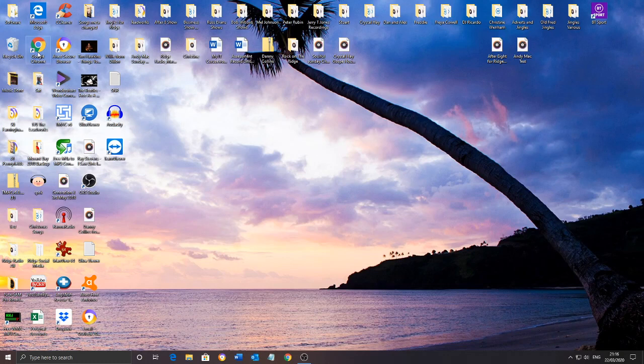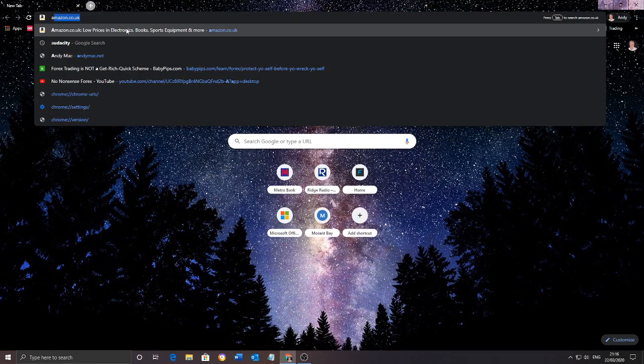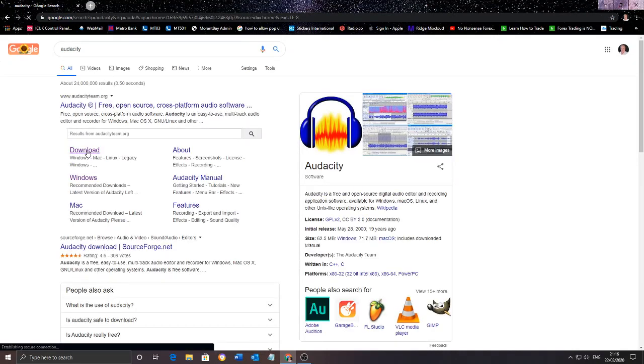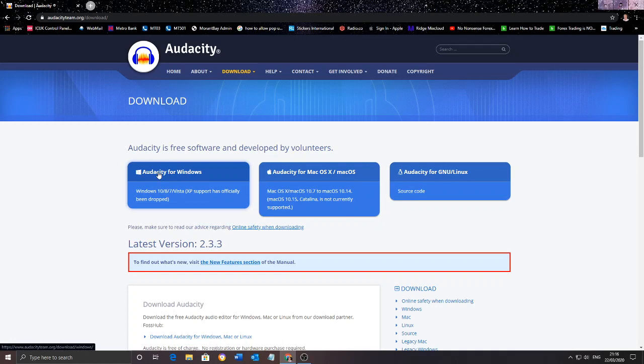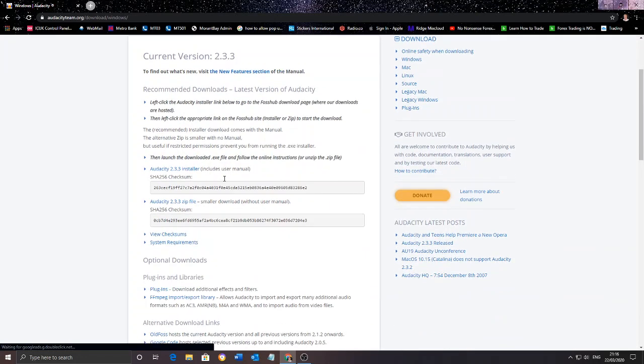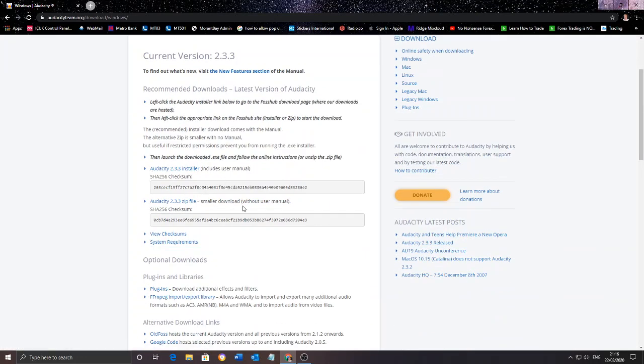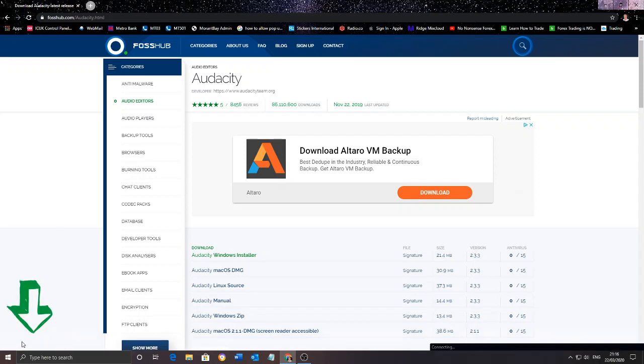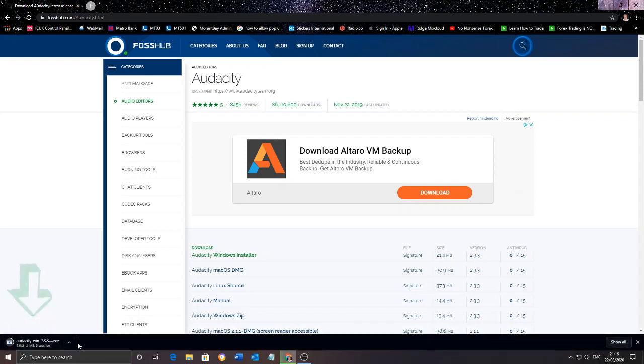If you don't have it, go ahead and open Google and type in Audacity and go to download, and you can download it for Windows or for Mac. I'm going to do it for Windows, and I would always download the smaller download without the user manual. And click on that and it will download. So if you haven't got it, go ahead and get it, install it onto your PC, and then come back